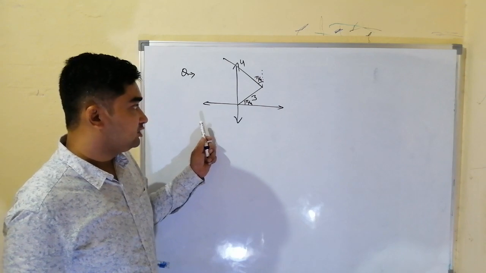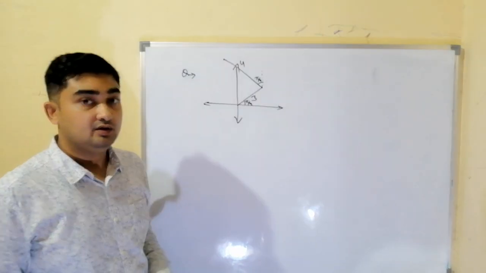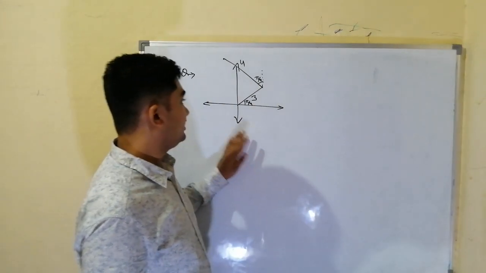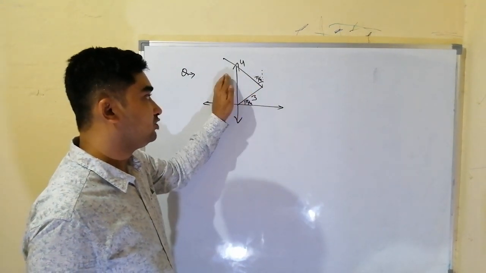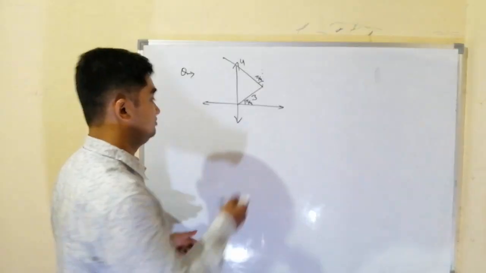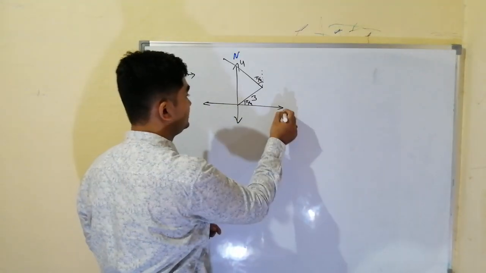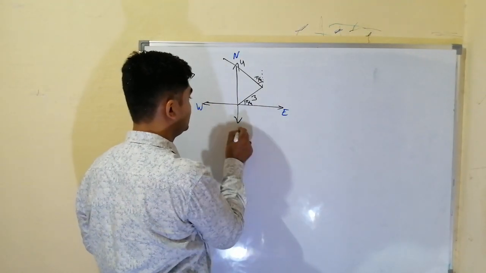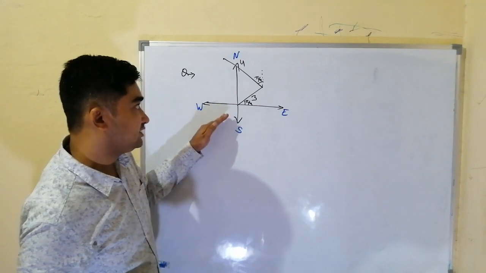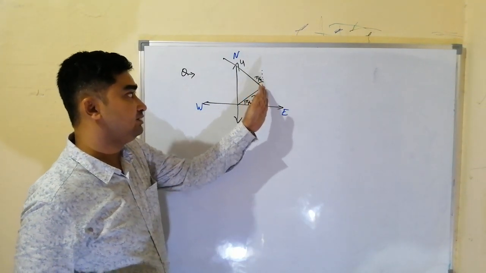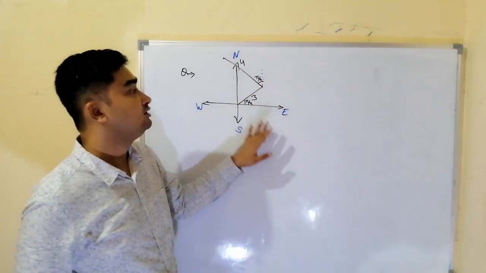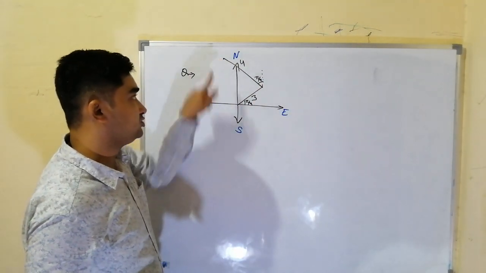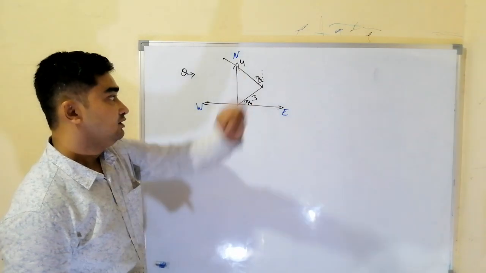The next problem came in IIT 2007. In this we are given a particle that moves from the origin by 3 units in the direction of northeast. So this direction is north, this is east, this is west, this is south. It moves in the direction of northeast by 3 units, then it moves in the direction of northwest by 4 units. So I have drawn the figure. Now we have to find the final position of the point.